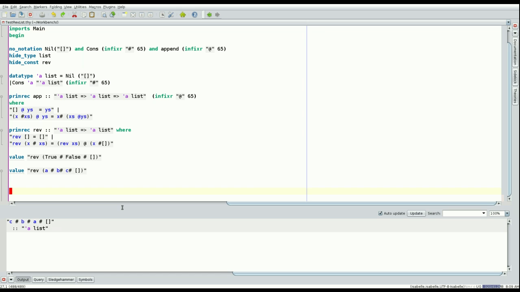So if I can prove that the reverse of the reverse of a list is the original list itself, then I can consider that my program is correct, right? So that's what I'm going to go ahead and do. I'm going to try to prove that calling reverse twice on any list gives me the original list. If that can be proven, then whatever program I've written is right. So I'm going to say theorem